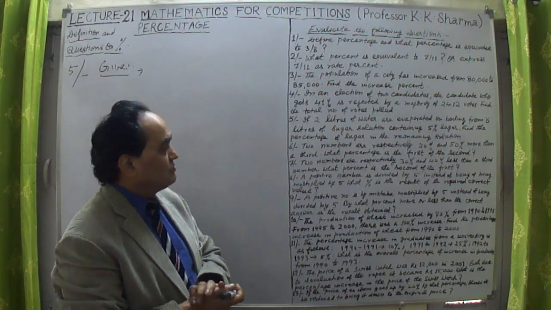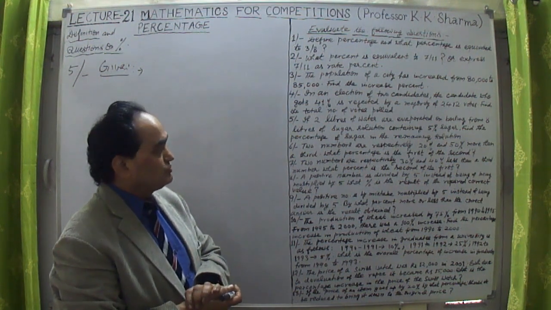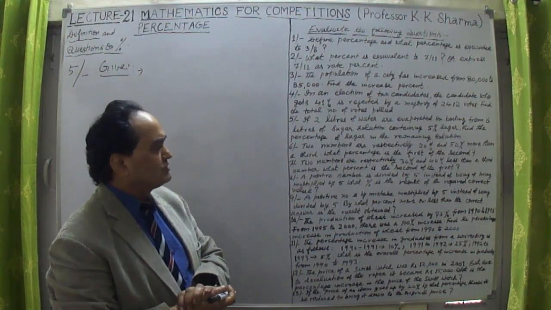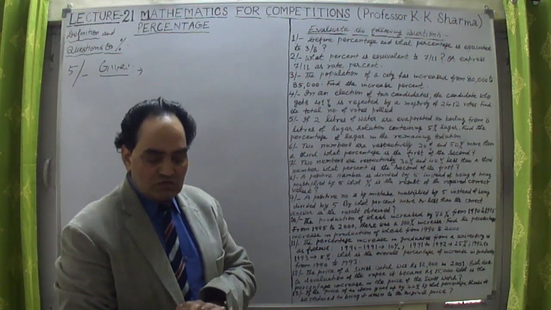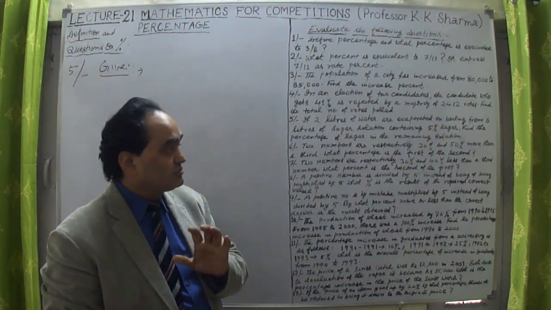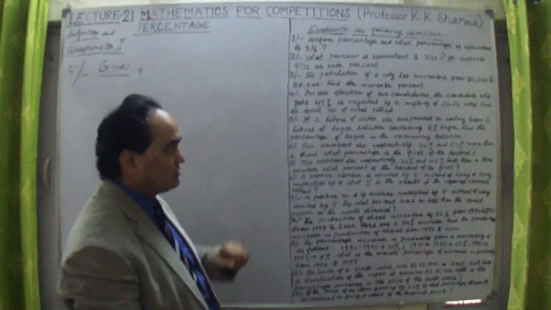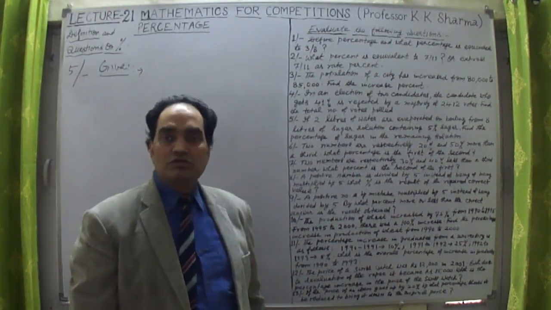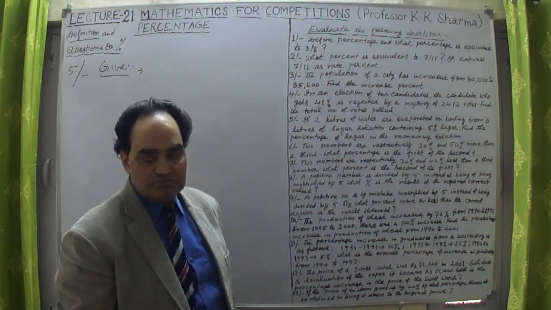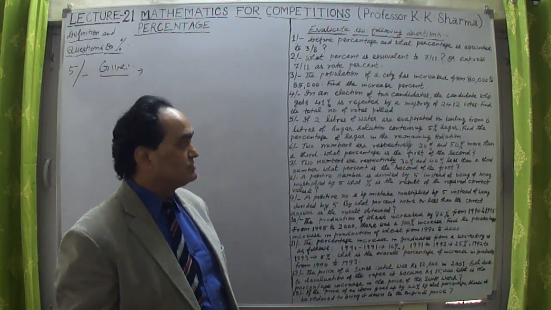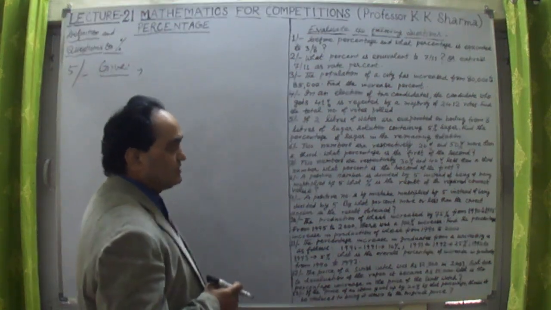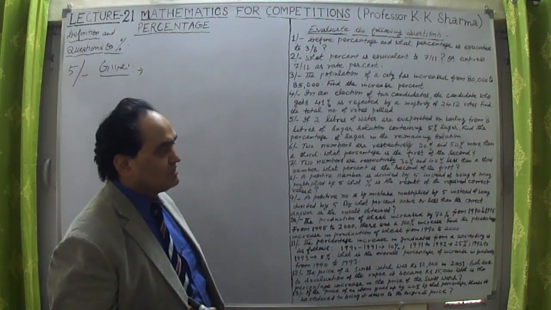Now come to the point. 8 liters of sugar solution containing 5% of sugar. Find the percentage of sugar in the remaining solution. So let me find the percentage of sugar remaining in the solution, which is 6 liters. First let me find the total sugar contained in the 8 liters. The solution contains 5% sugar, so 5% of 8 liters, if I calculate,